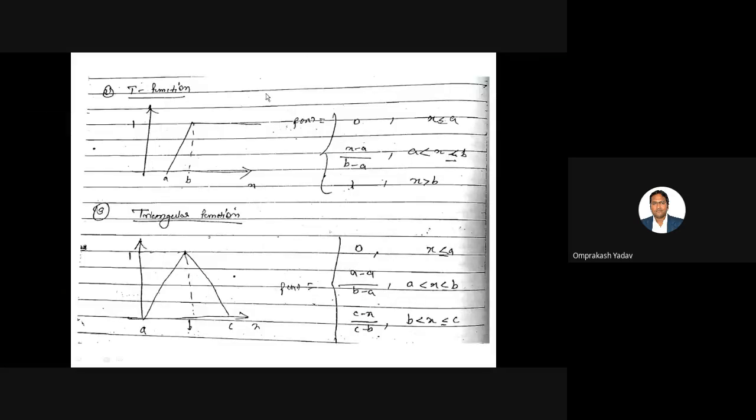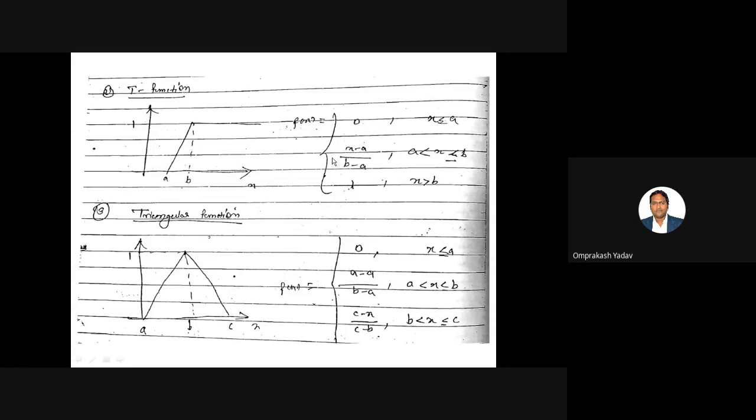So this is a t function. Next, second is the t function. If you see here the t function, we have 2 points A, B. From A to B, this is increasing. Then after that, the line is like this, constant. So it's a t kind of shape. That's why this function name is the T function.